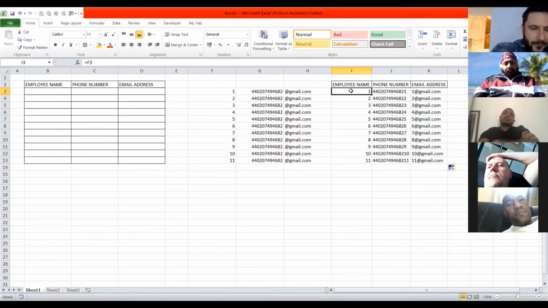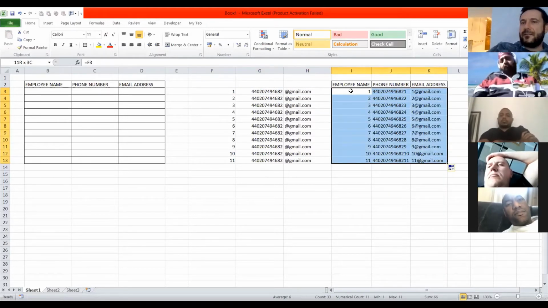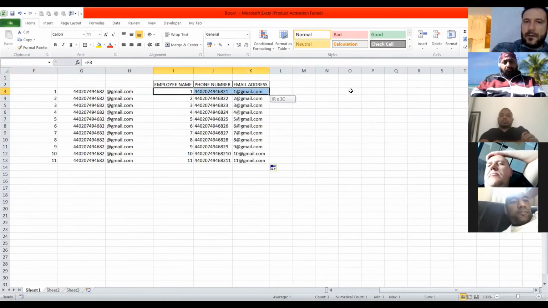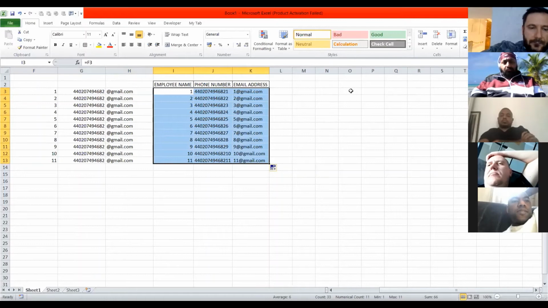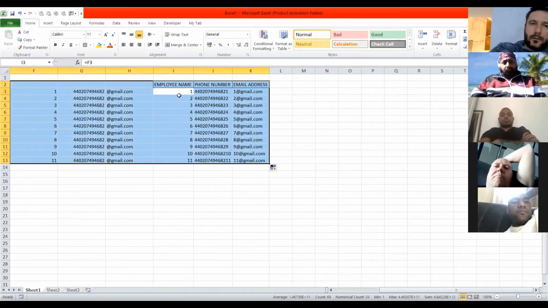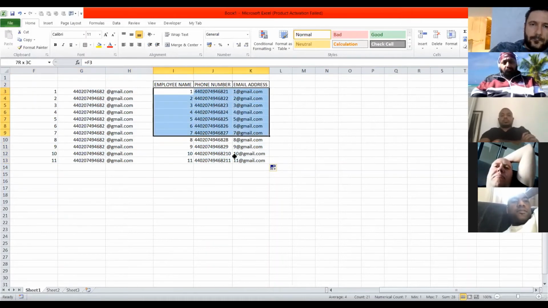Otherwise, if you press Shift, Control, and the direction arrow, it's gonna recognize that there is data inside. You keep pressing Shift and Control, and you move once to the side and once down, and you select everything. After you press Control C, and you copy the data.